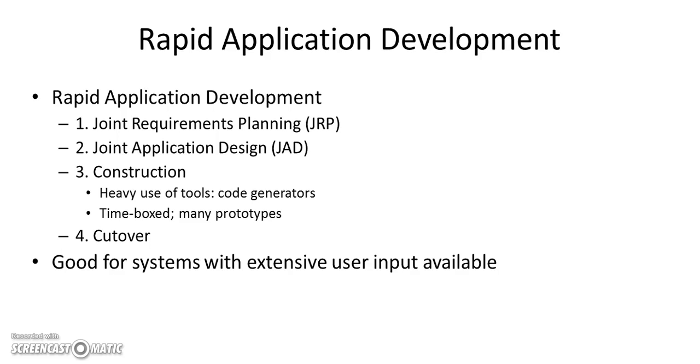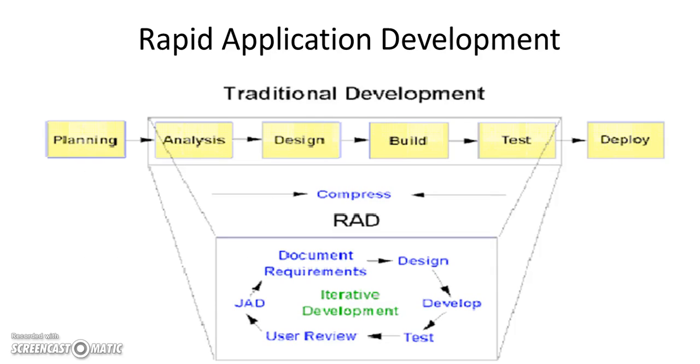So how he sees RAD is that there are 4 parts to it, like 4 legs on a table: requirements planning, design, construction, and then testing and implementation, or testing and operation. And he sees RAD as being very applicable for systems when you have the user available to you. So in some ways, RAD is another variation on the software waterfall lifecycle model, where you do analysis, design,